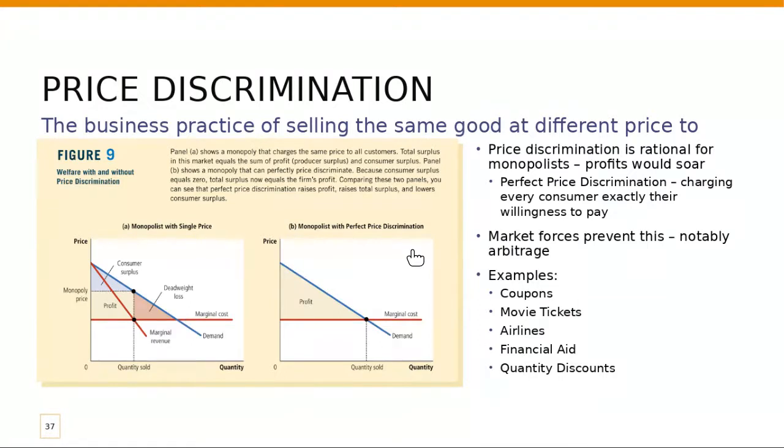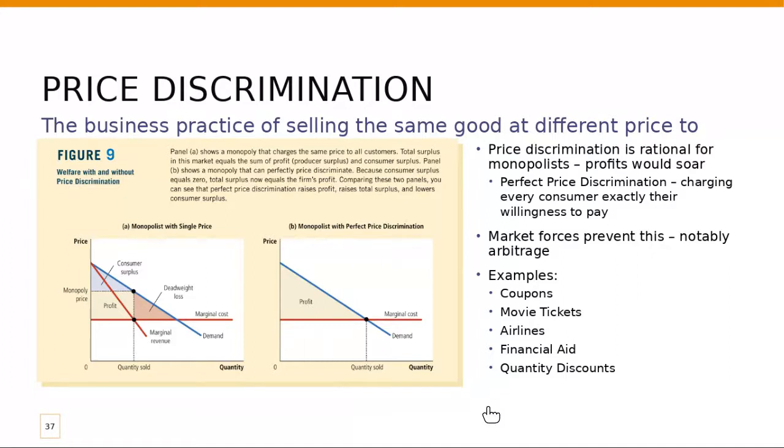To give you an example of how this would look, imagine walking into Starbucks trying to buy a coffee drink and Starbucks being like, how much is it worth to you? And finding out exactly how much it's worth to you. So say, for example, someone walks in and is like, hey, I want this for $6. And then you walk in and you're like, yeah, I'd like this for $6 as well. They'd be like, no, no, no, no, no. That's not how this works. How much is it worth to you? $7? $8? And haggling it out. Well, haggling it out is really inefficient, and so we don't allow for perfect price discrimination.